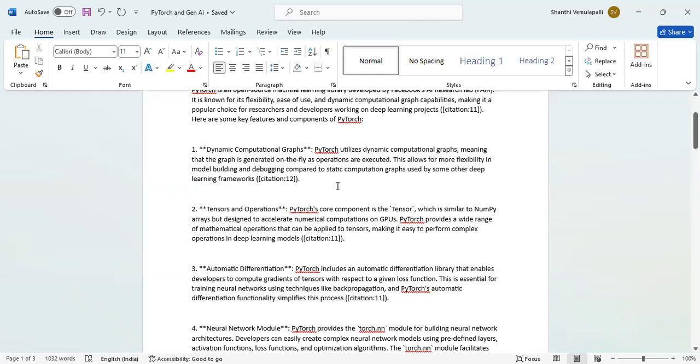According to that, it is going to collect the data. That collected data is going to be shown in the graphs. Okay. This allows for more flexibility in model building and debugging compared to static computational graphs used by some other deep learning frameworks. All these, whatever I discussed in the workflows, are all involved in the deep learning